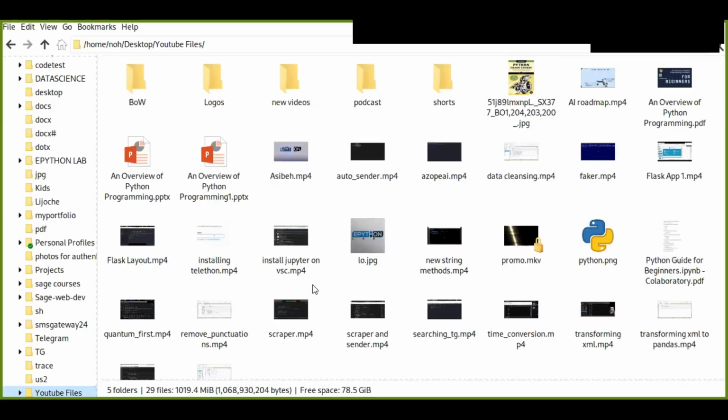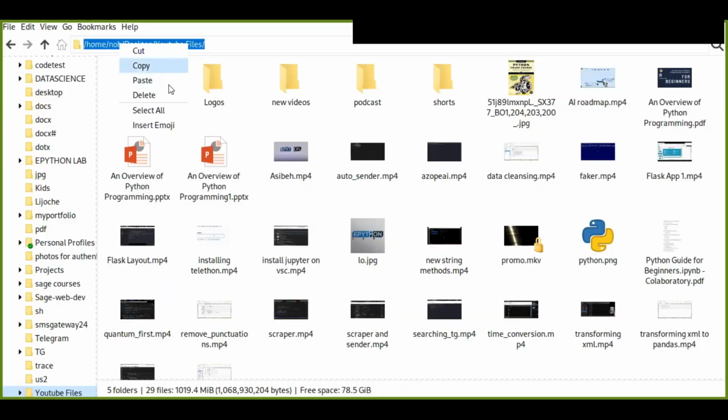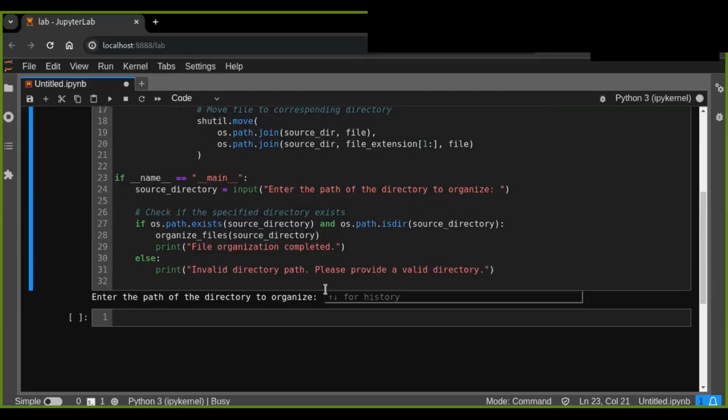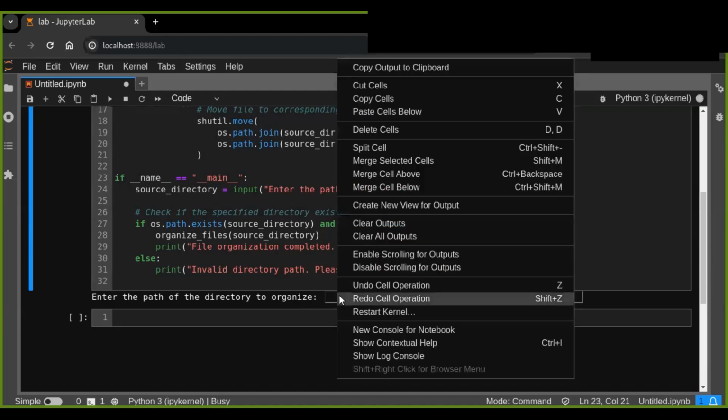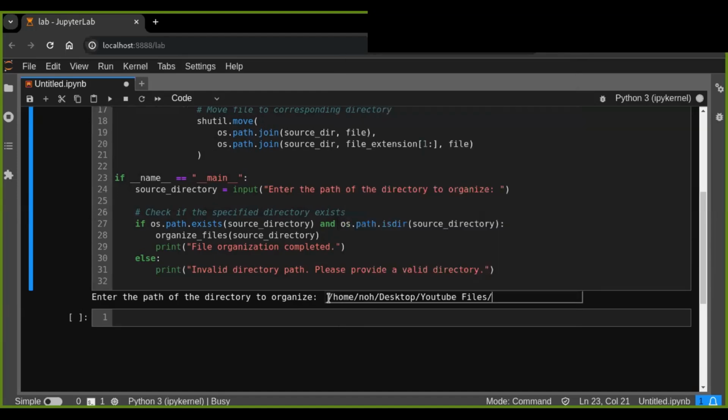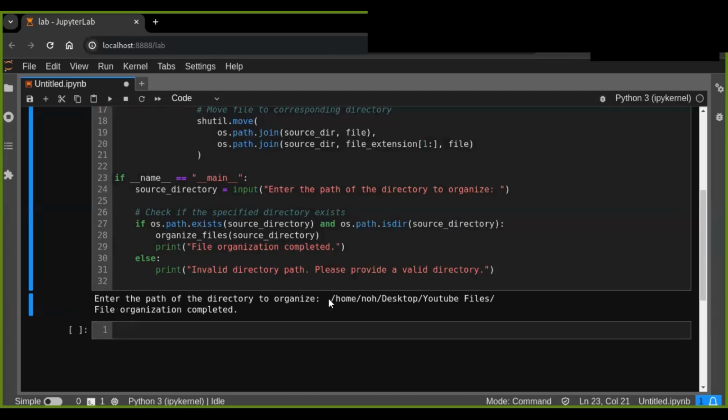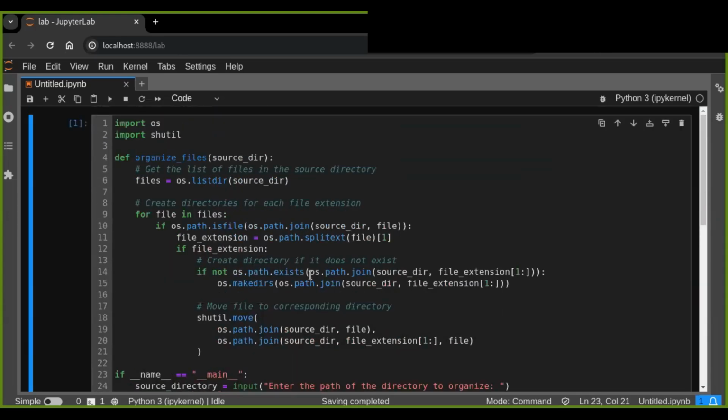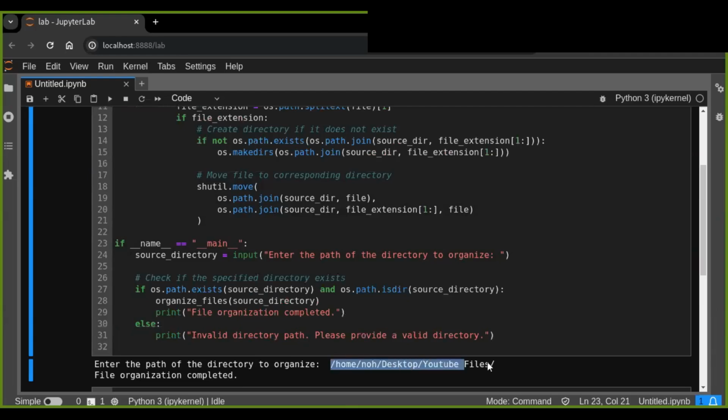Now let me show you how you can copy the paths of the files that you want to organize using the Python automation script. As you can see, these are unorganized files. So I just copy the path of these files, and now let's paste the path of the directory to organize the files into this user prompt. And let's enter. Yeah, the file organization is completed based on this script, because that file path is correct and